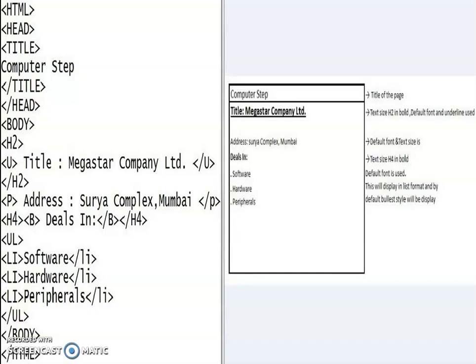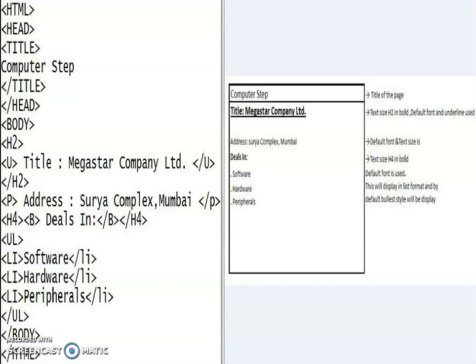Now see in output, title Megastar Company Limited is underlined because of the U tag, and it is in bold and in bigger size because of H2, because H2 is heading 2. By default heading is in bold and H2 has bigger size. That's why title Megastar Company Limited is in bigger size.